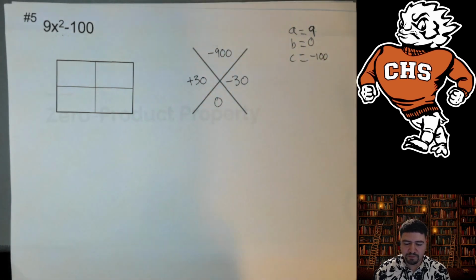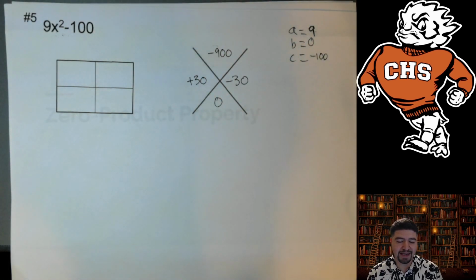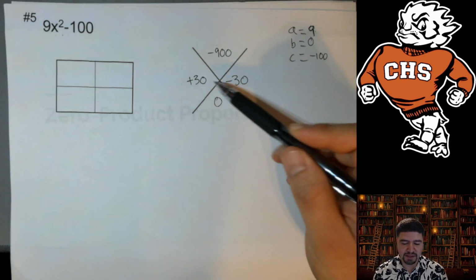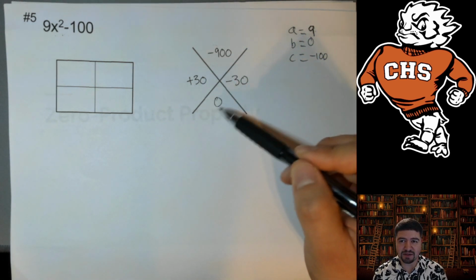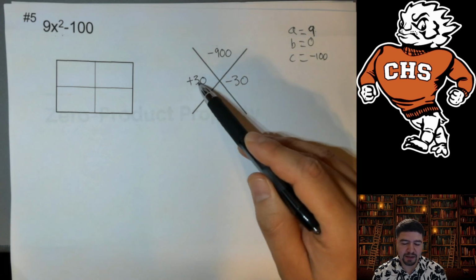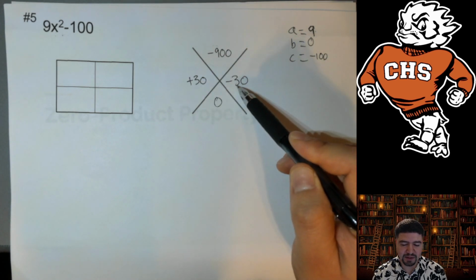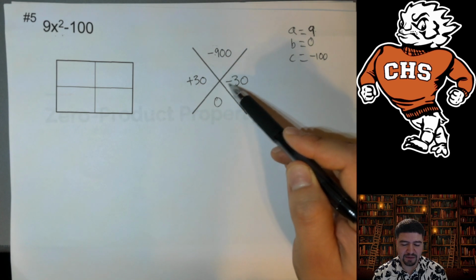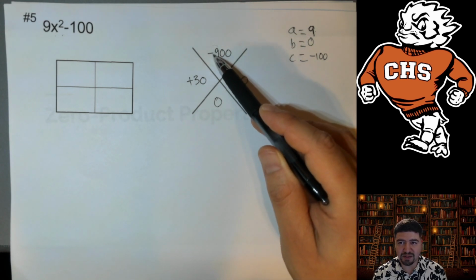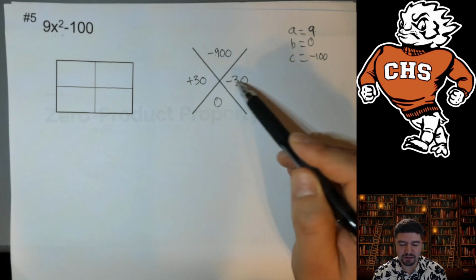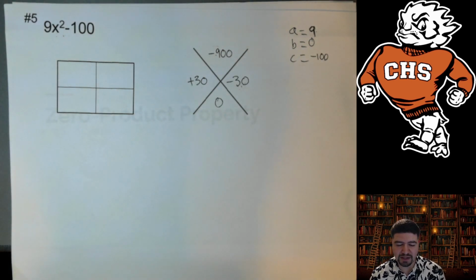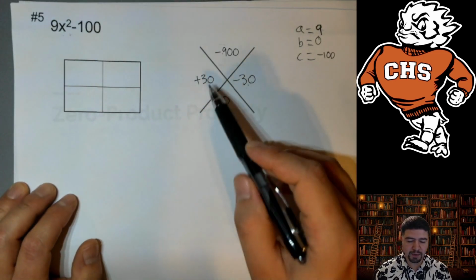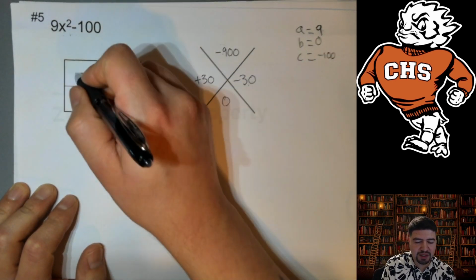Those two numbers are going to be positive 30 and negative 30, because if you added those together, since they're opposites of each other, they cancel out to 0, so that works. And we all know that 3 times 3 is 9. You add the negative in one of those numbers, that makes the product negative. And then the two zeros in these two numbers just get added to the end of that 9 to make negative 900. So I'm going to take these two numbers, I'm going to put x's on them,